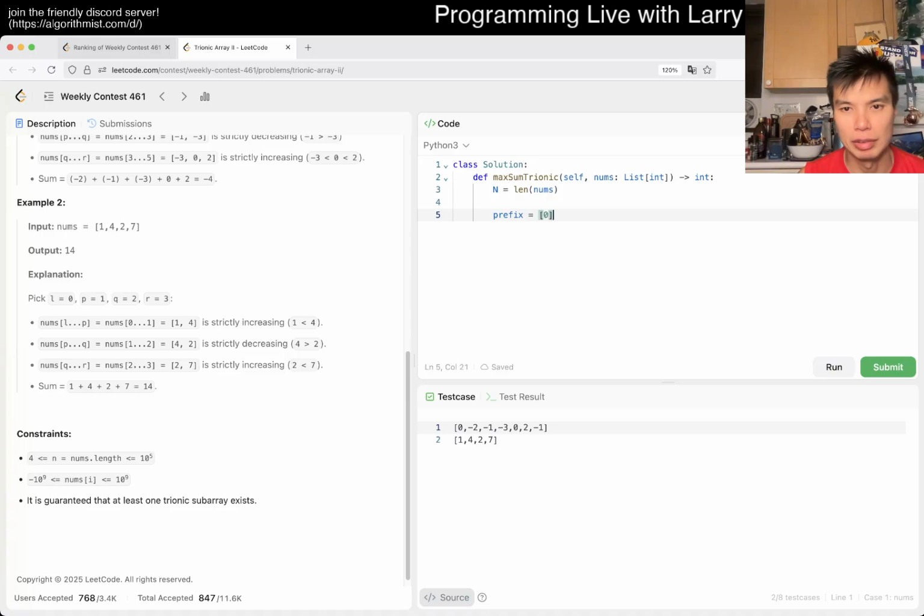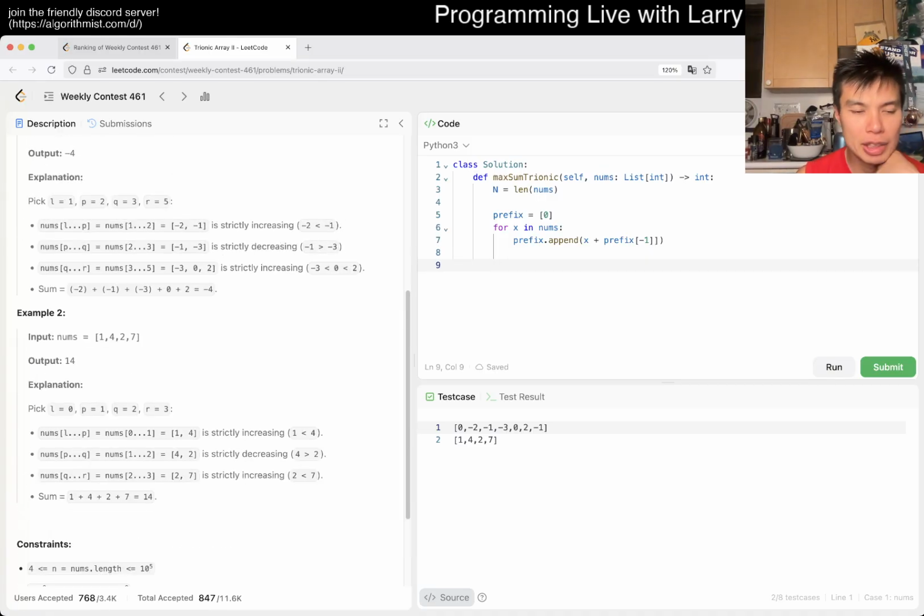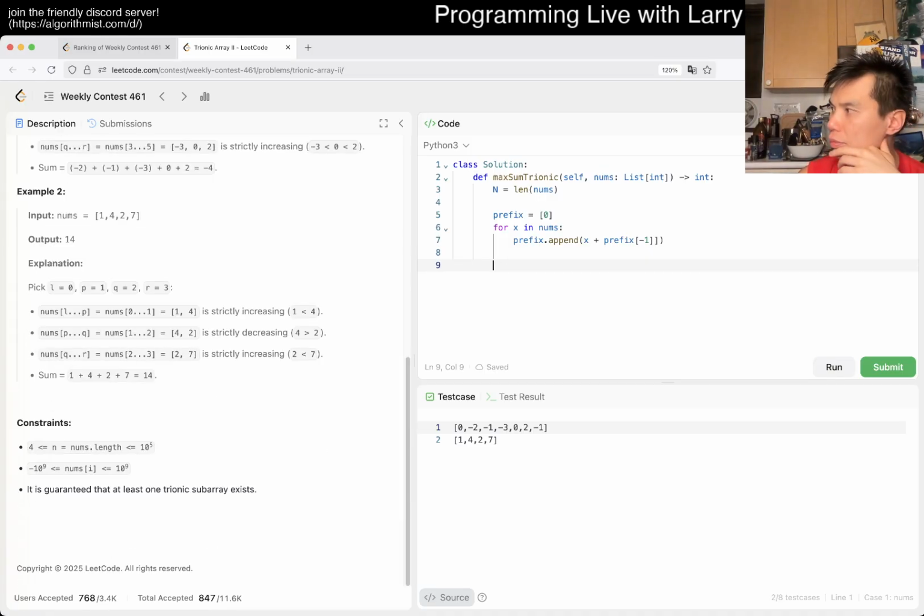I mean, I don't know how to do it yet, but I assumed there was going to be prefix sum. Just subarray sum in general. And then now what? Do I check for an existence? Even then, that's n squared. We check every subarray, and you're able to check already. Okay, well.